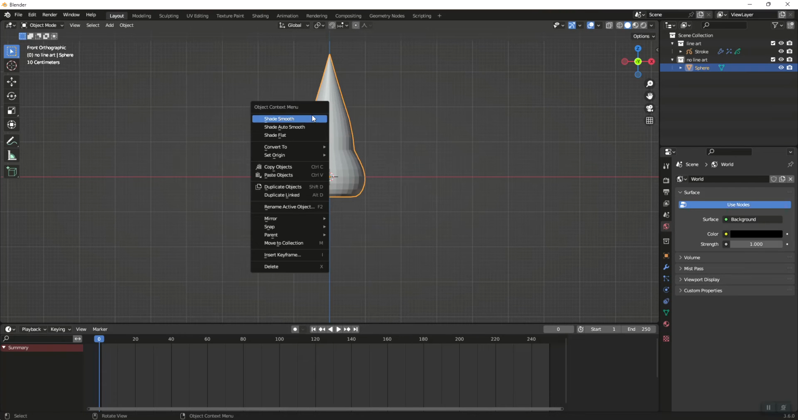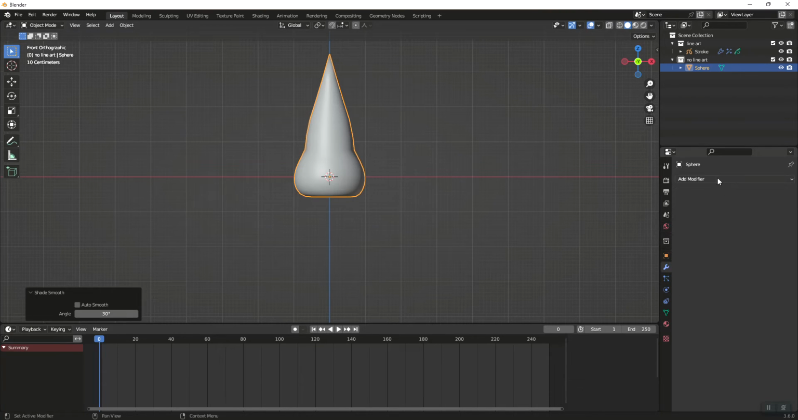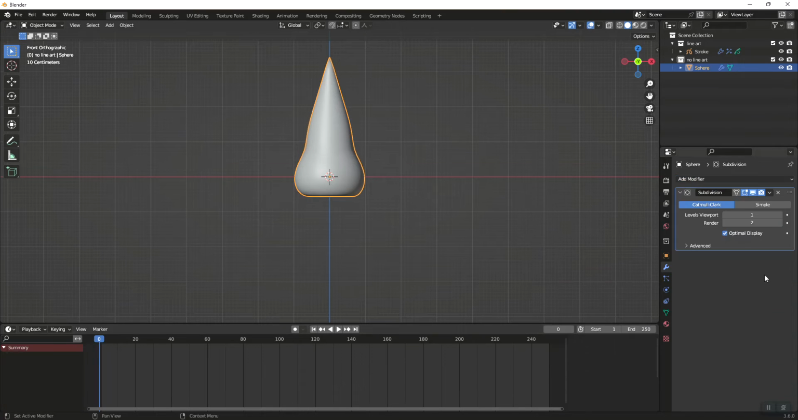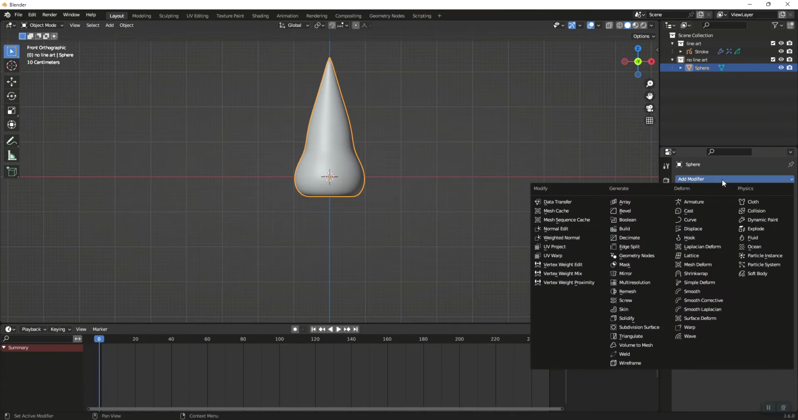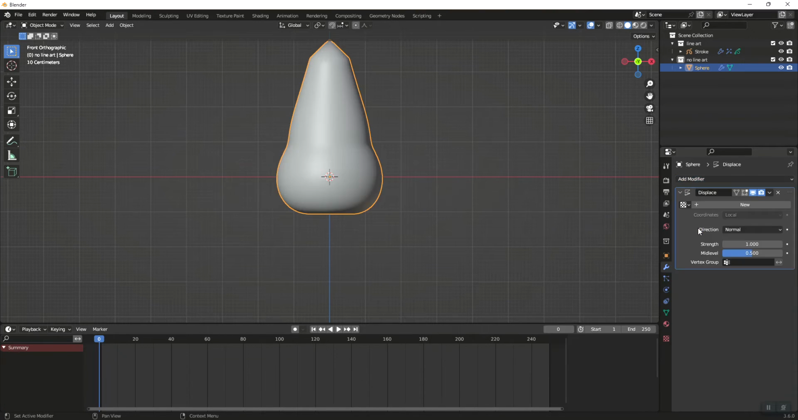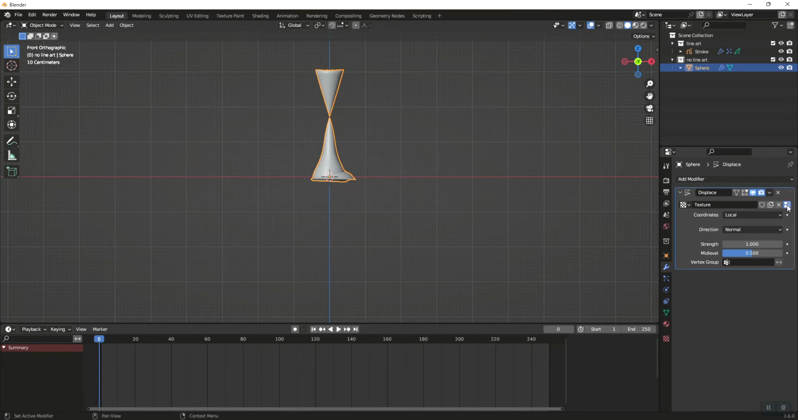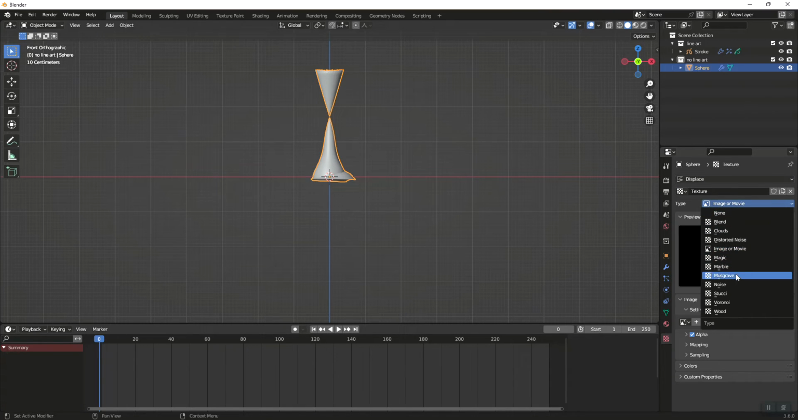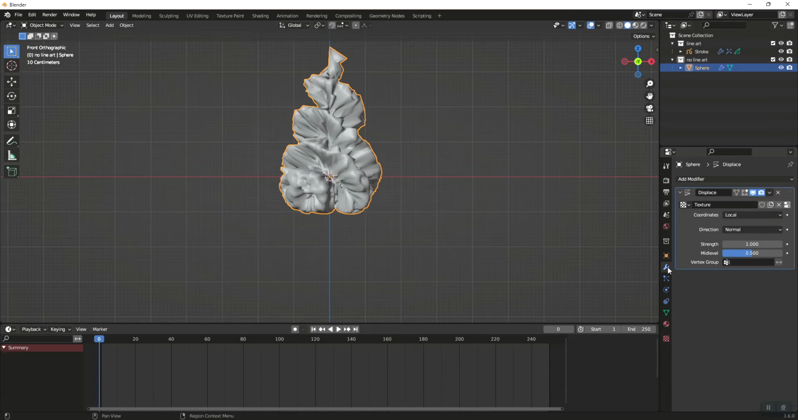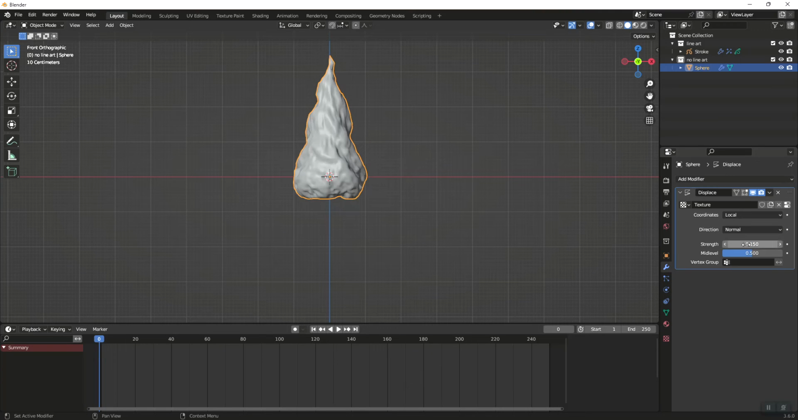I'm going to right click and shade smooth. And then we're going to do two modifiers. First modifier, we're going to do a subdivision surface at a level of 2. And then we're going to apply that guy. And then we are going to add a displace modifier, new texture. Click on the texture button. We're going to select a marble texture. We're going to go back to our modifier. We're going to set it to about a 0.15 so that we just have some ripple. You can play with that as you like to get the shape you want,